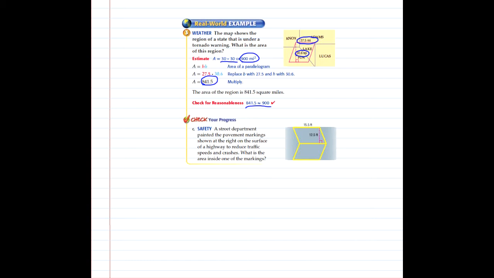A street department painted the pavement markings shown at the right on the surface of a highway to reduce traffic speeds and crashes. What is the area inside one of the markings? Well, 15.5, I'm going to round to 15. I'm going to round 12.5 to 12. I'm not sure that's easy mental math, but I've got 150 plus 30. I think if I distribute that, about 180